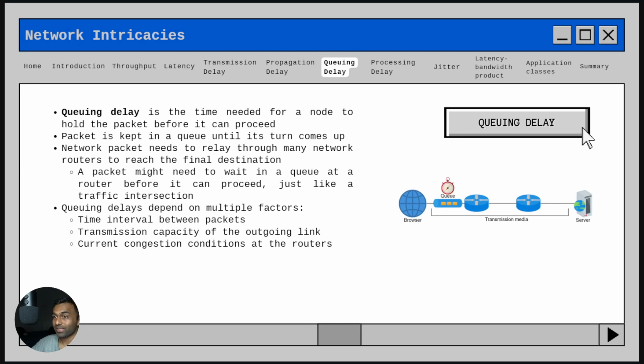So, queuing delay is the time needed for a node to hold the packet before it can proceed. A packet is kept in a queue until its turn comes up, and a network packet needs to relay through many network routers to reach the final destination. A packet might need to wait in a queue at a router before it can proceed, just like a traffic intersection. Queuing delays depend on multiple factors, like the time interval between packets, transmission capacity of the outgoing link, the current congestion conditions at the router,